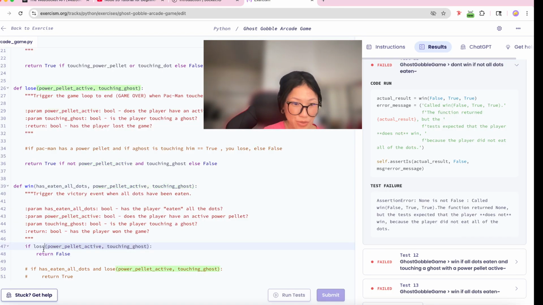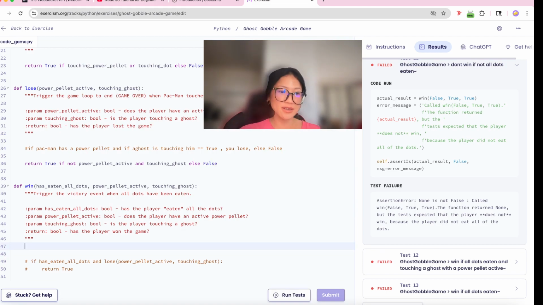If this is true, we're gonna return false. Okay, so we're gonna return false if lose power palette active and touching ghost, because that's what's being passed here, so I can do that. Else